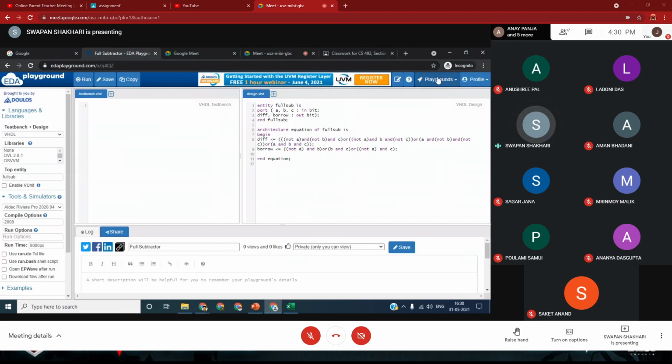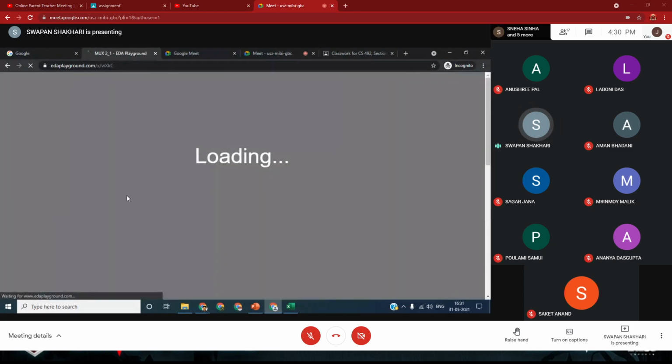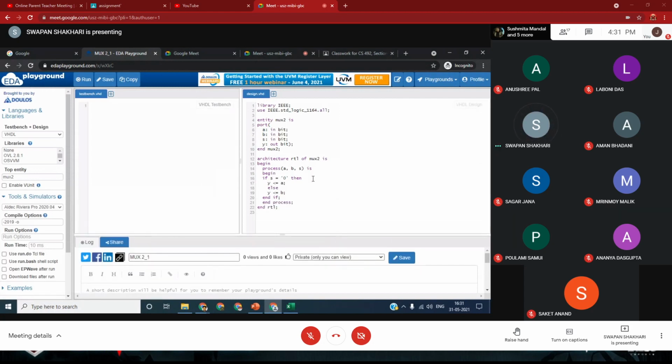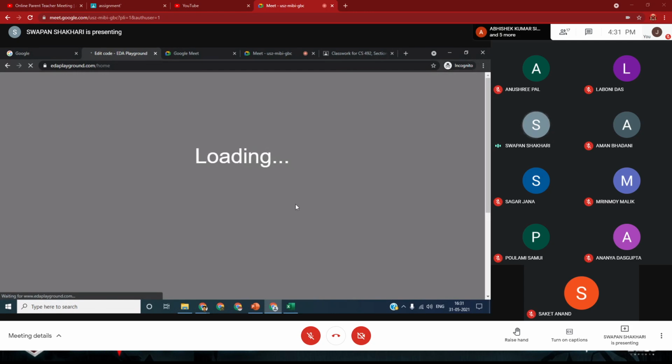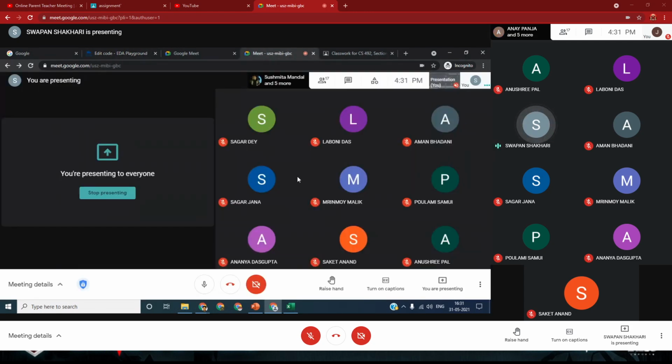For the multiplexer, just remember, as sir showed, if you compare the select line, remember to encode it within inverted commas. In this way you can complete today's job with these two VHDL programs, and after completing, submit the screenshot in the classroom.